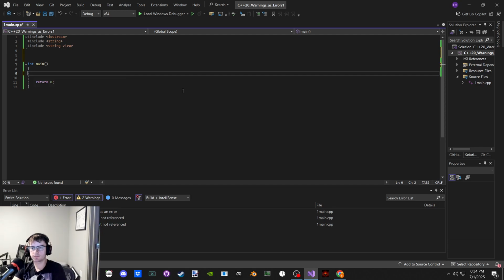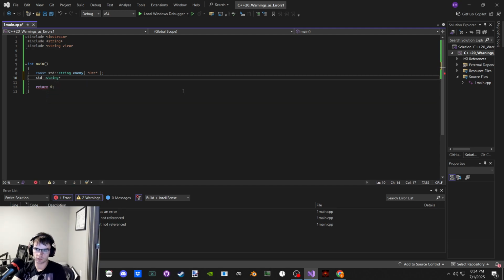We're going to say a const standard string enemy, orc, and then we can say we have a standard string pointer called enemy pointer, or target pointer, or target P?